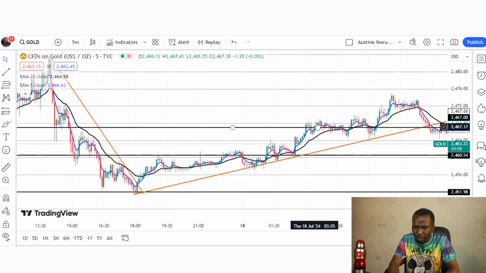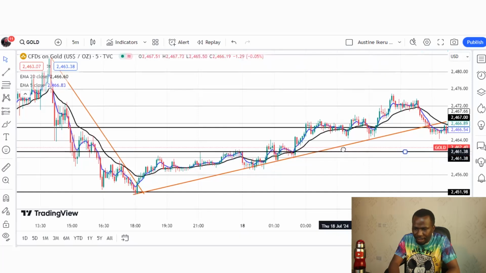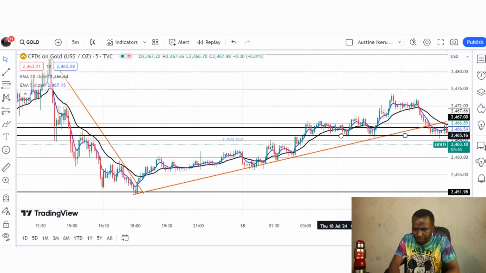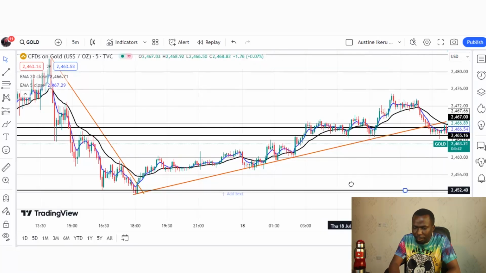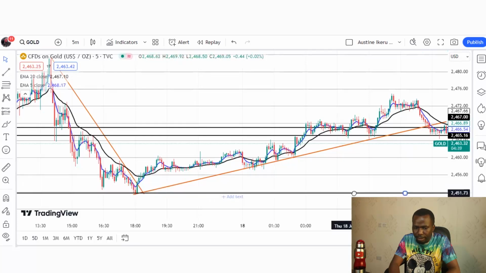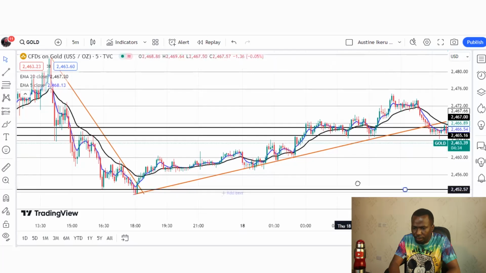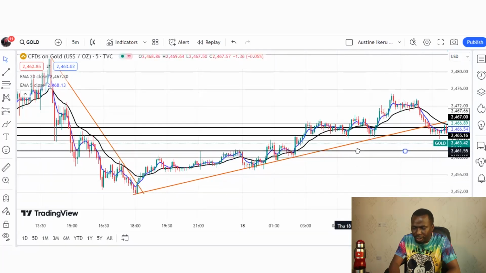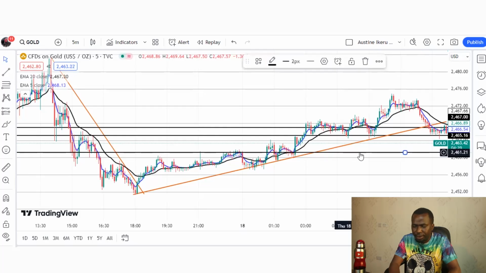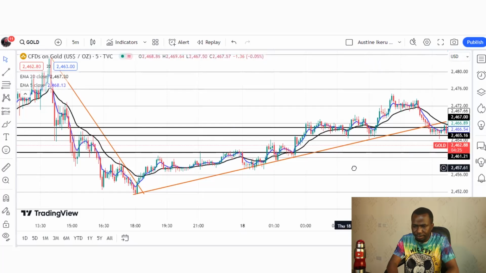So you can see that the price rallied up, ranged a little, and then came down very close to the trend line, and then they take their buy trade at the close of this price. So the trend line will now act as a what? As a support level. So the stop loss is going to be below this trend line, somewhere here, because the trend line is the last point. If the price breaks below the trend line, a new downtrend begins.